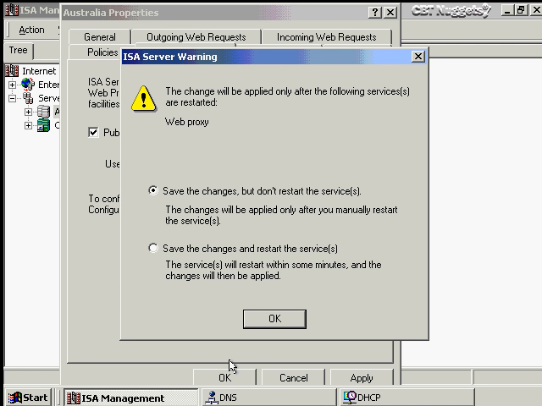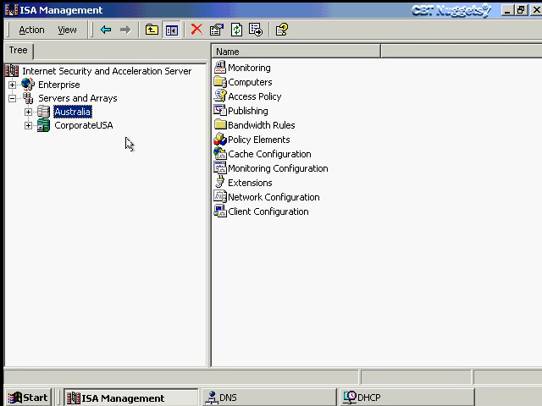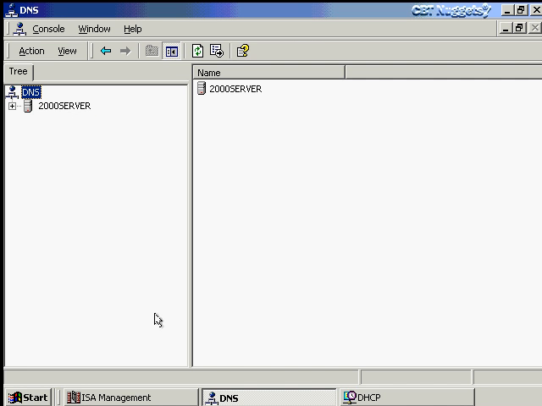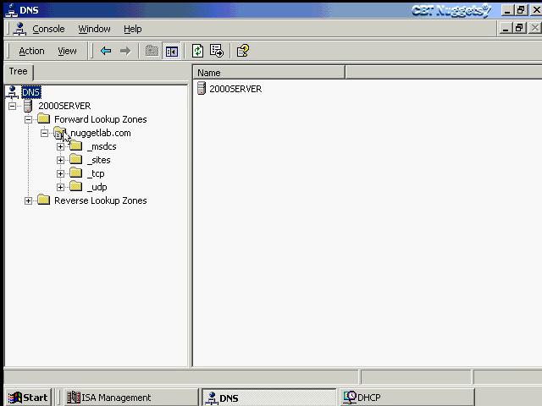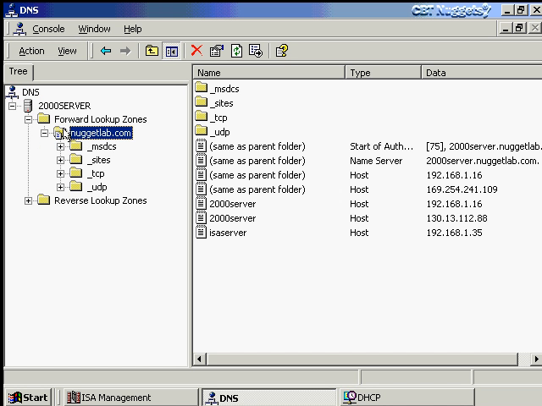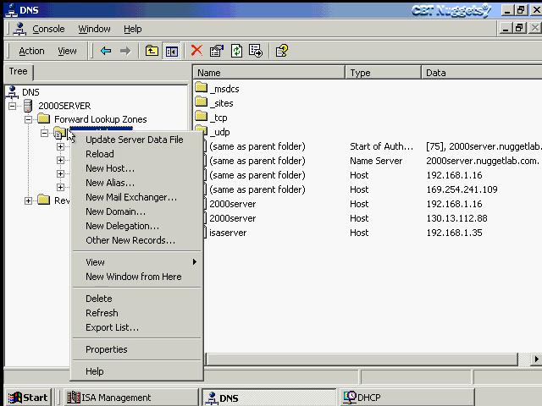It now will make the configuration available to the clients. Now we will have to come back here and actually set up what configuration we want to make available. But for now, let's focus in on the DNS and DHCP side. If you'd like to use DNS to support auto discovery configuration, what you need to do is create a specific resource record. Right here, this DNS server is supporting the nuggetlab.com domain. And what I'm going to do is in nuggetlab.com, I'm going to right-click and hit New